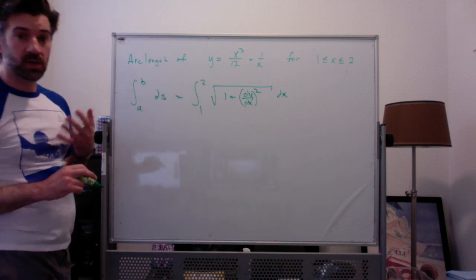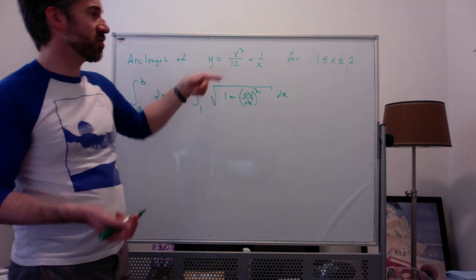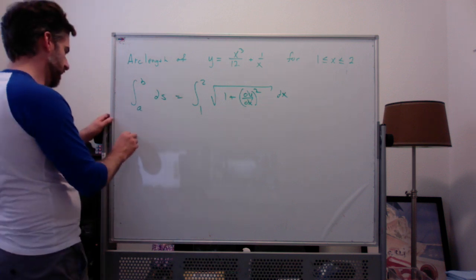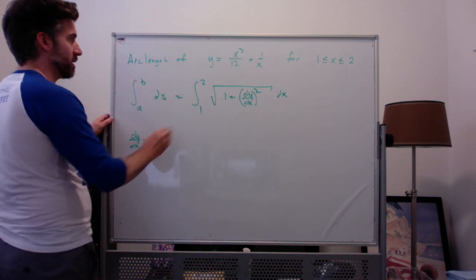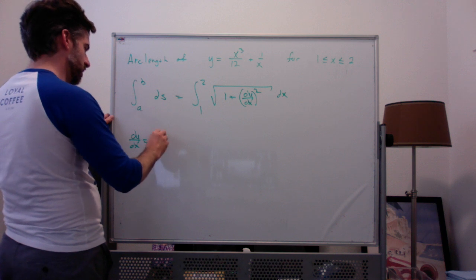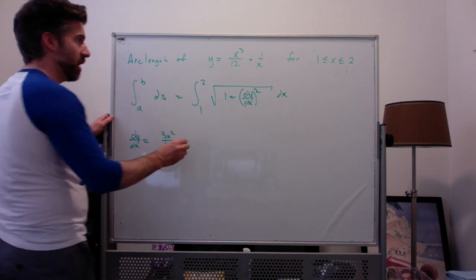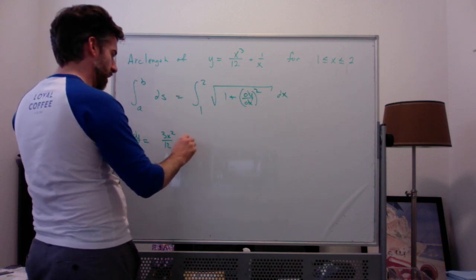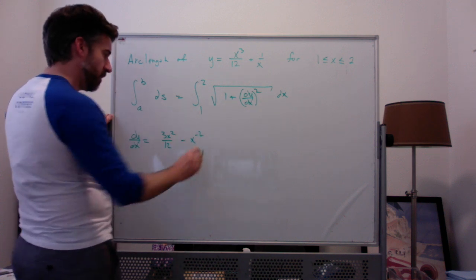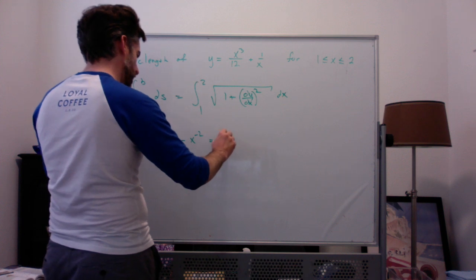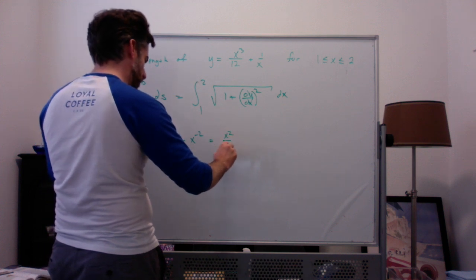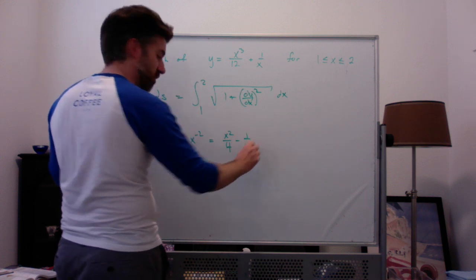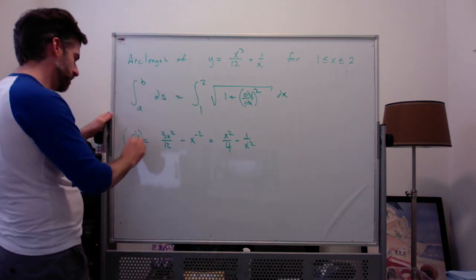And now the way this should typically work out is my derivative squared should have a negative 1/2 in the middle. And it exactly will. If I look at dy dx here, the derivative of x cubed over 12 is 3x squared over 12. And the derivative of 1 over x, which is x to the negative 1, is negative x to the negative 2. This simplifies to x squared over 4 minus 1 over x squared. And if I square this out,